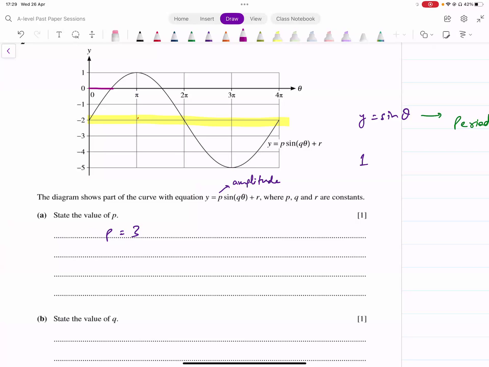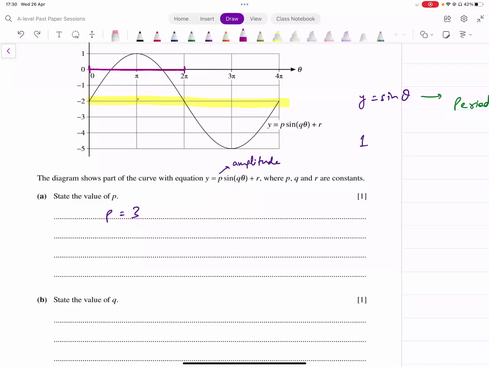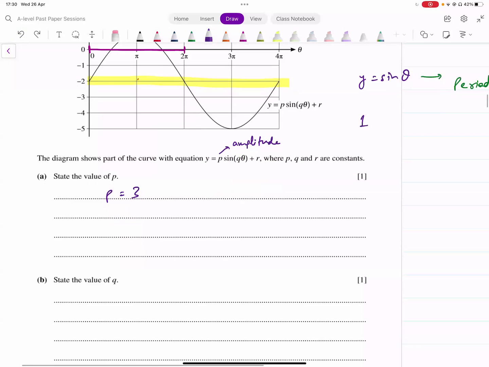0 से लेकर 2 पाई तक कितने साइकिल कंप्लीट हो रहे हैं। वेल 0 से लेकर 2 पाई तक तो आपका सिर्फ हाफ साइकिल कंप्लीट हो रहा है। ऑलराइट, तो इसका मतलब ये हुआ जो Q की वैल्यू होनी चाहिए वो आपकी हाफ होनी चाहिए। दैट्स वन वे ऑफ थिंकिंग अबाउट दिस। आप फ्रीक्वेंसी का सोच सकते हो।